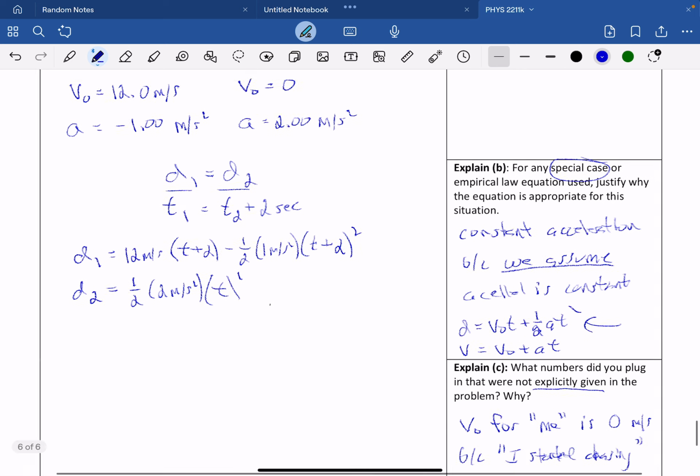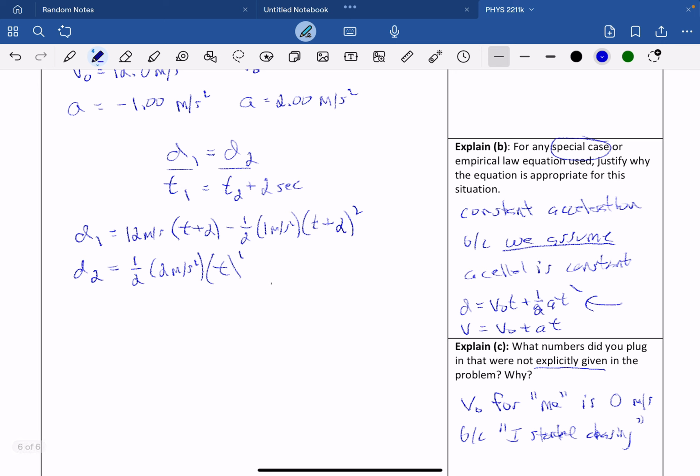All right, so now we're going to set these things equal to each other. So this is going to equal that. All right, so for d2, I get just t squared, because 1/2 times 1 gives me 1. And on the right-hand side, and now I'm going to drop the units, on the right-hand side, I get 12t plus 24 minus 1/2